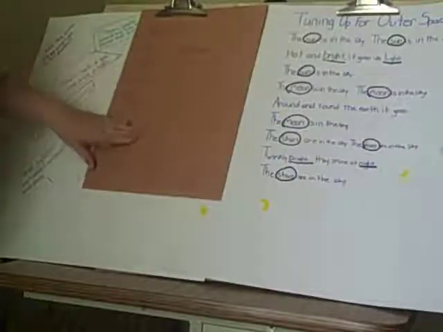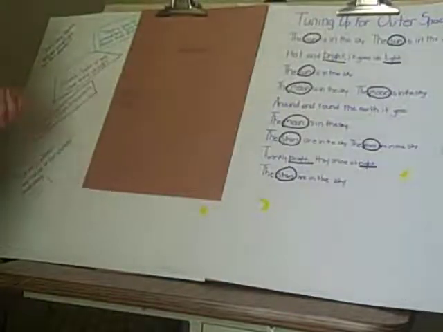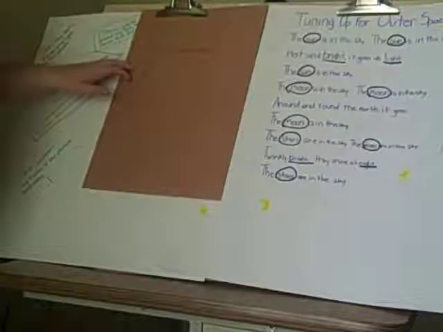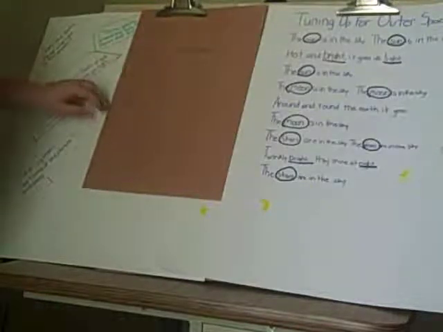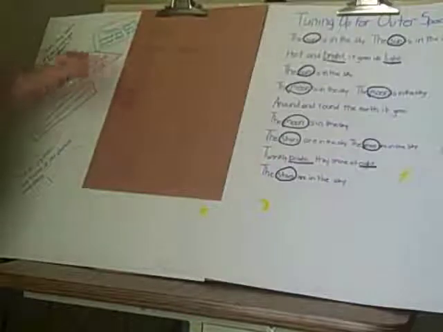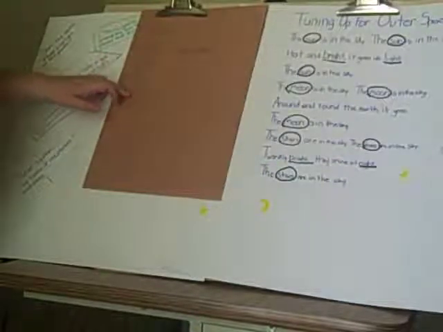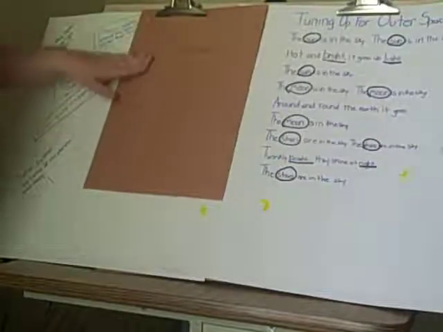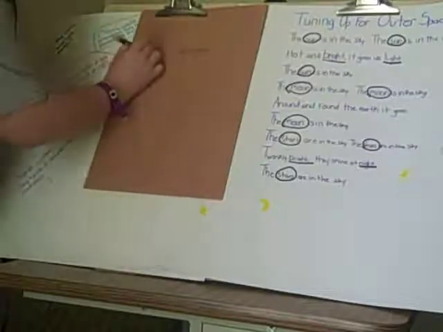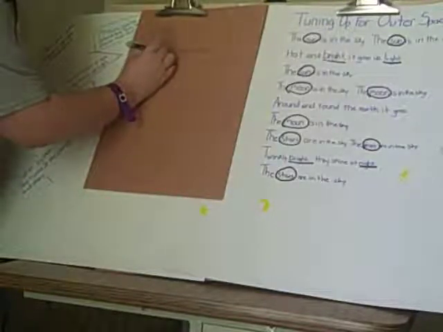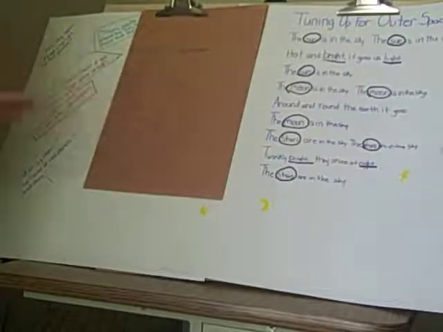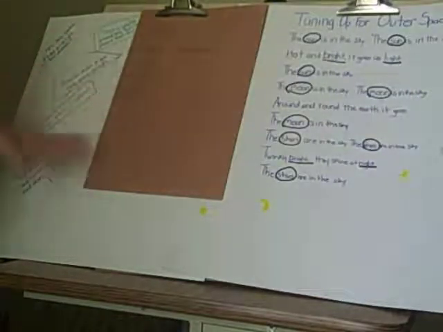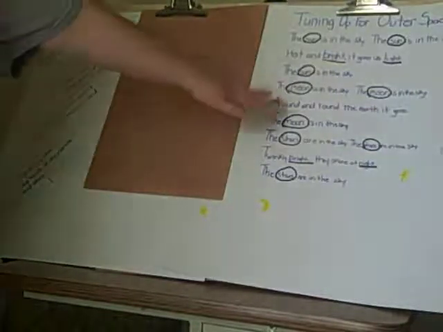Can we think of any other words that end with I-G-H-T? So we have bright, light, night, sight, and might. Good, now these are our I-G-H-T words. So we're focusing on the I, the G, the H, and the T. Okay, all right. Now, in your groups in a minute, I'm going to have you get together and use "ite" words. Use your vocabulary words and think about this poem.